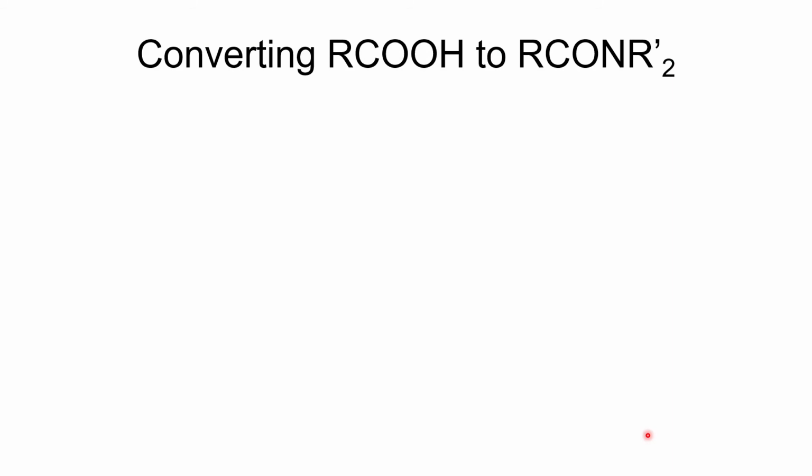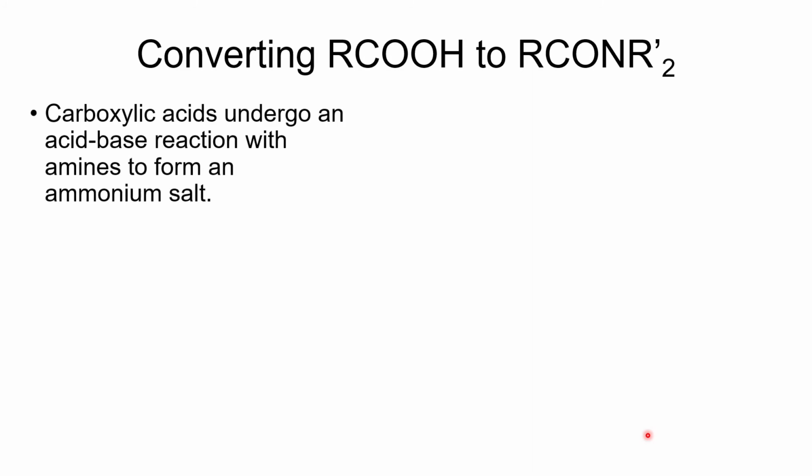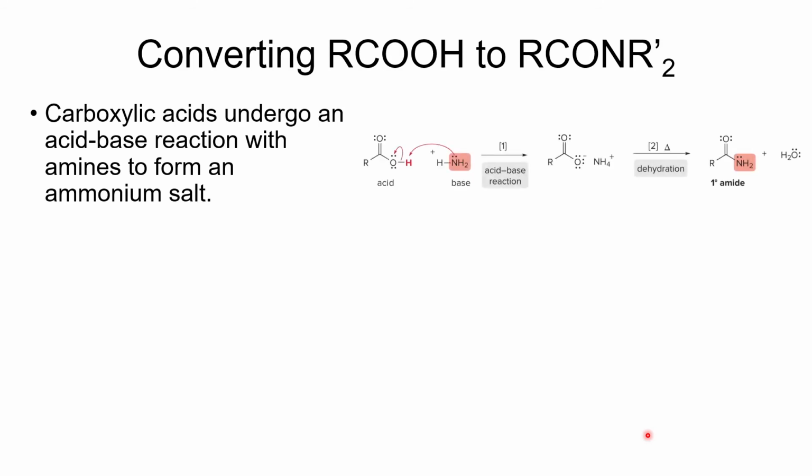What if we want to convert a carboxylic acid into an amide? Well, that is definitely possible. We can convert carboxylic acids into amides. However, when we take a carboxylic acid and react it with some sort of amine, the very first thing that's going to occur is an acid-base reaction between the amine and the carboxylic acid, and that will give us